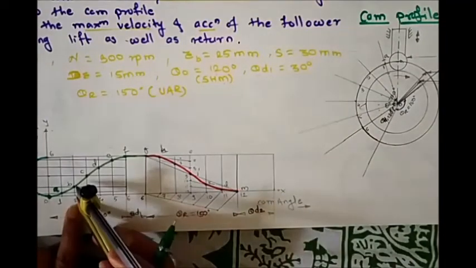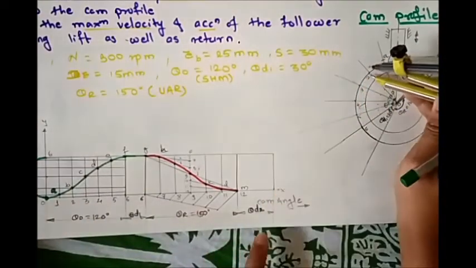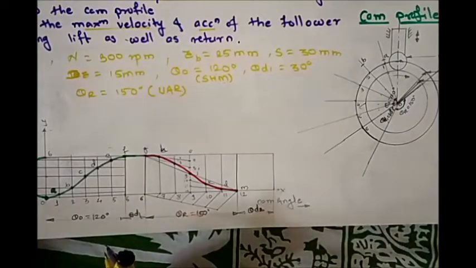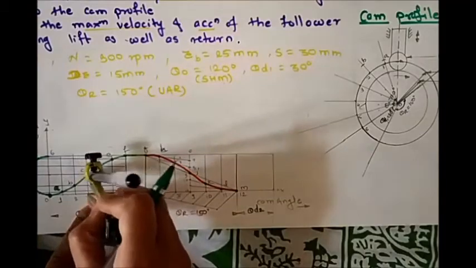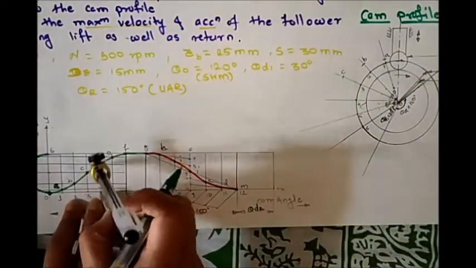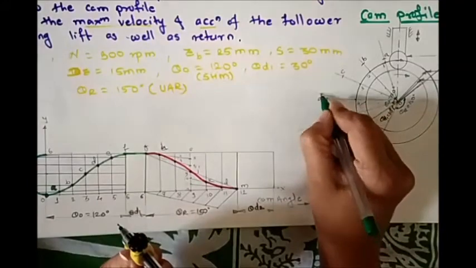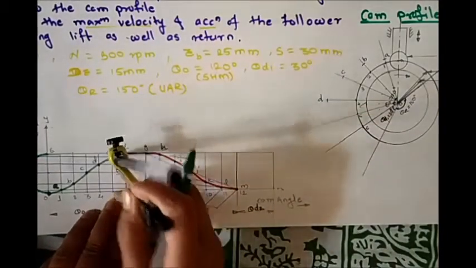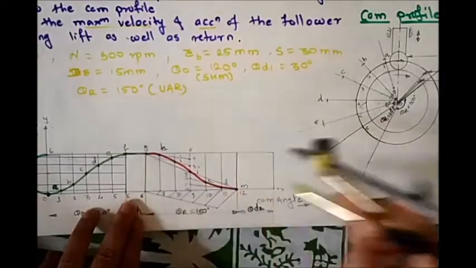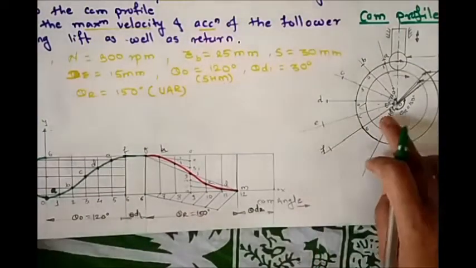Similarly, take the distance from the displacement diagram of outstroke, 2 to point B, and from the prime circle, that is from point 2, mark that point on the second line and give the name B. Similarly, follow the procedure for 3 to C. So here we get point C, then 4 to D. Take the distance in the compass from 4 to D, and on line 4 from the prime circle mark a point D. Then 5 to E. Here we have line 5, so here we have the point E, and last is 6 to F. Here we have the point 6 and we get point F on this line 6.